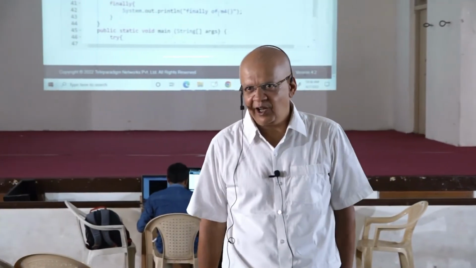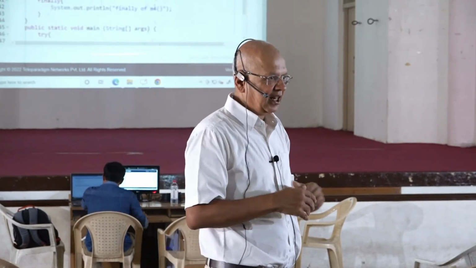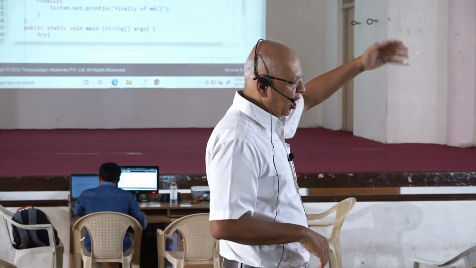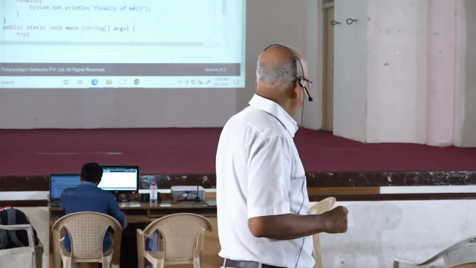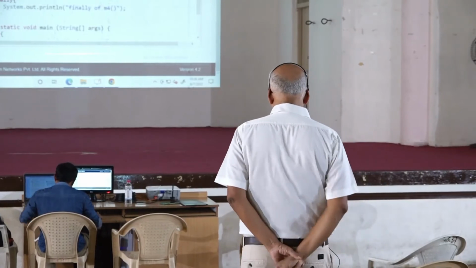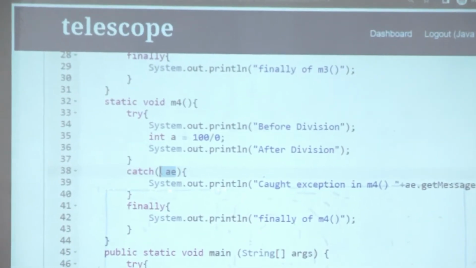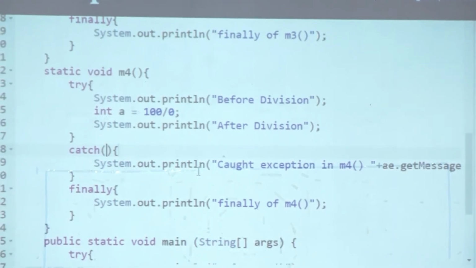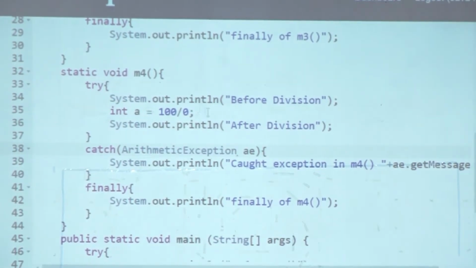You will see, this is where a lot of Java programmers give up programming in Java or don't write exception handling only because they don't know. Because this is where you start understanding the clear difference between checking an exception and unchecking an exception. So far, M1 called M2, M2 called M3, M3 called M4. We just had to declare that exception, that's it. Now, we are going to go to M4 and have a situation where in the code, a checked exception.